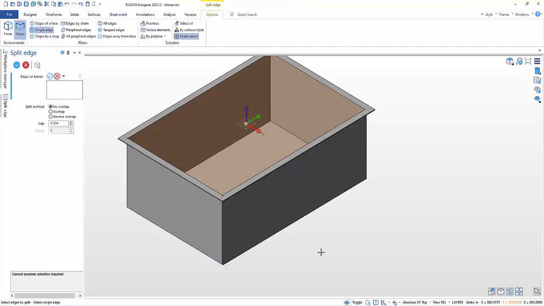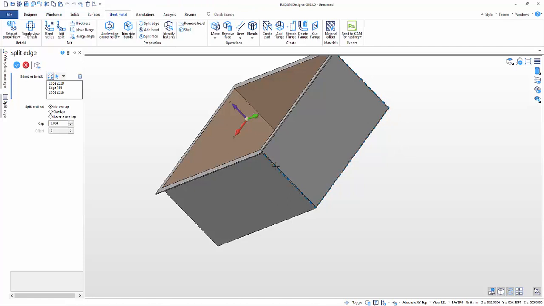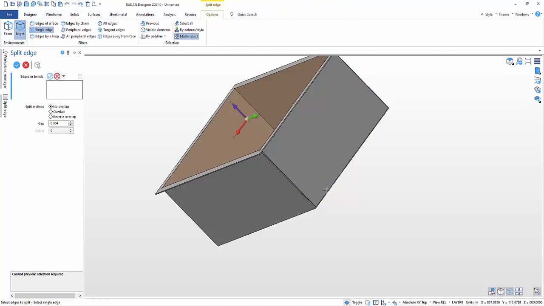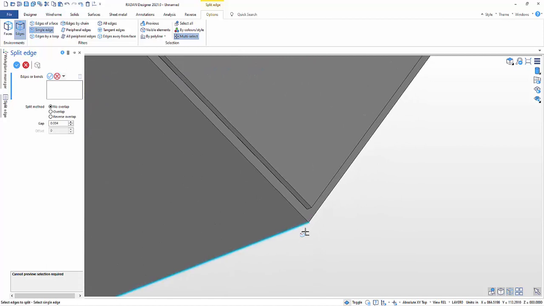Right click again, that's done. Click, click, click, right click, and then you'll get the blue here. You can see it's separated, but if I right click again, it's now done. Okay, so if we zoom in here, you can see I've got it split from the rest of the sheet